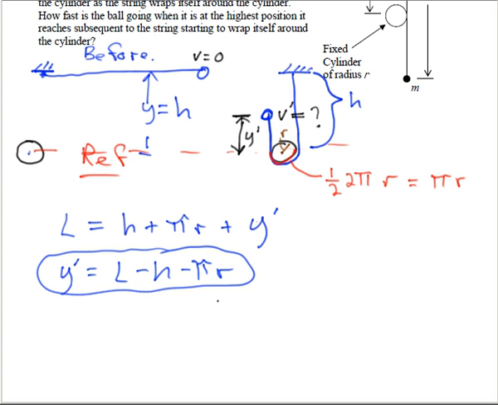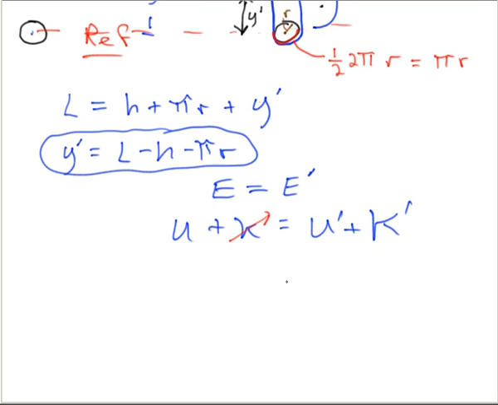Now, I think I'm in a position, now that I got the geometry figured out, of applying the conservation of energy for the special case where the total mechanical energy isn't changing at all. U plus k equals u prime plus k prime. Can I cross anything out? In the before picture, it's released from rest, so there's no energy of motion. In the after picture, it's up high relative to what I chose for the reference level, and it's moving, so I can't cross anything else out. Alright, so let's go